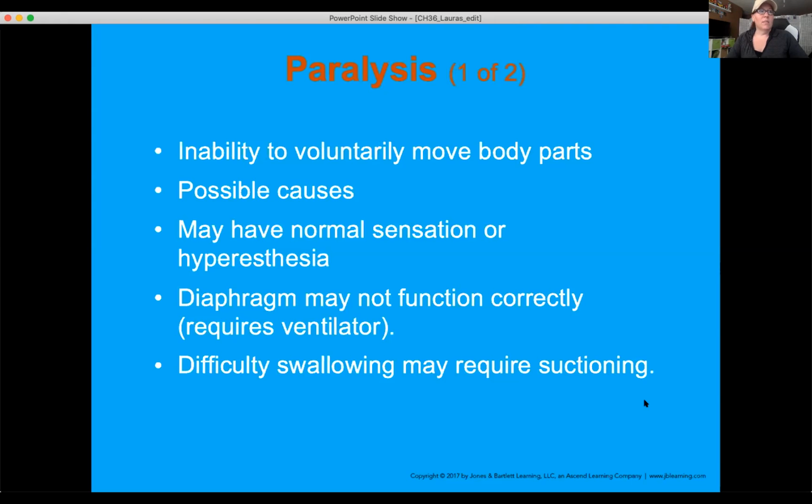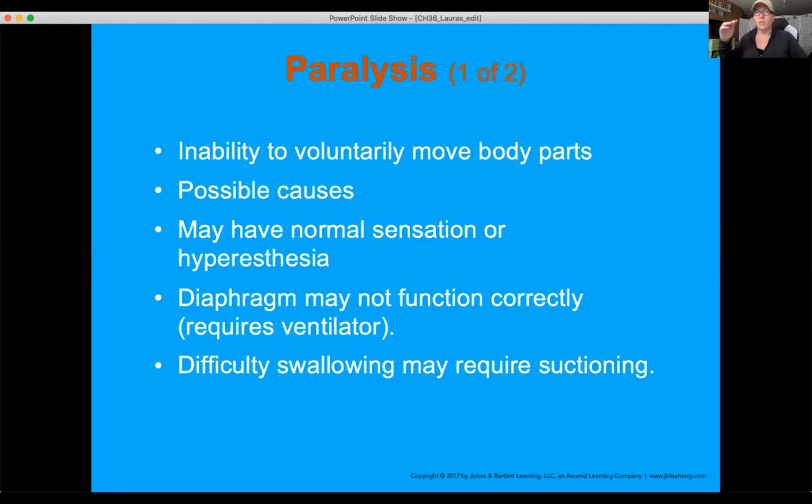All right, paralysis. Patients with paralysis can have paralysis for a lot of reasons. It can be due to a brain injury, it can be due to something like spina bifida, or it can be due to some damage they've had to their brain or to their spinal column that has subsequently caused paralysis. Remember the cervical spine, 3, 4, 5. If those cervical vertebrae are damaged, if the spinal column is damaged up in the cervical spine, we run the risk of having the diaphragm not work, right?